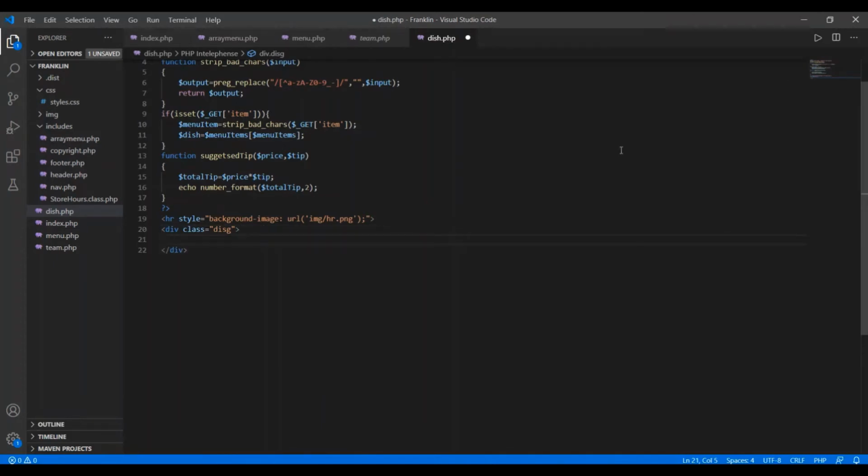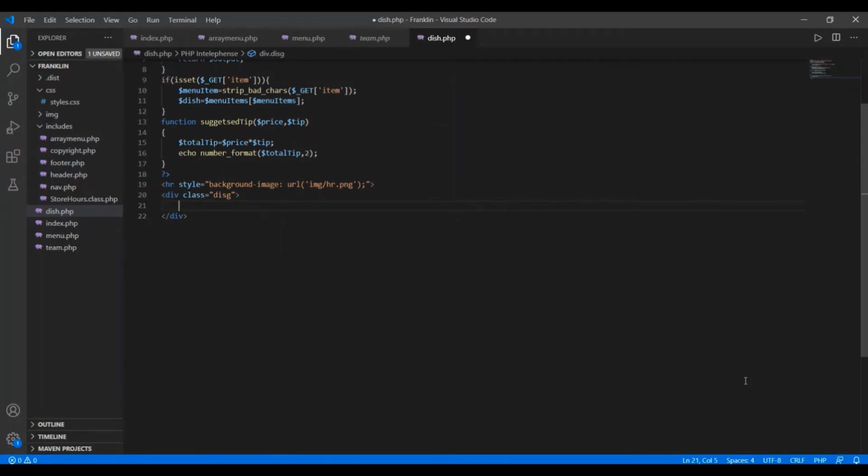And here in this dish class I have to display the title of the dish, then some blurb information along with the price, then the suggested beverage and the suggested tips. So what I'm doing here, I'm writing an h1 header element, and within this first I just wanted to display the title of the dish. So for this I'm using the PHP script.